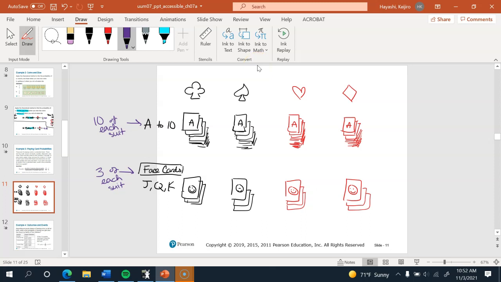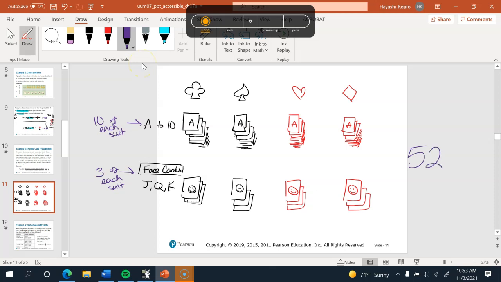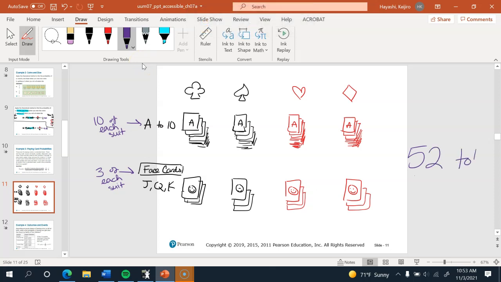And if you want to split it up by what kind of card it is, there are 4 of each kind of card, right? Because there are 4 suits. So there are 4 kings, 4 queens, 4 jacks, 4 of every number. So this is how it's divided up. And additionally, half the cards are black, the other half is red. So this is the nature of a deck of cards. There are 52 total cards.